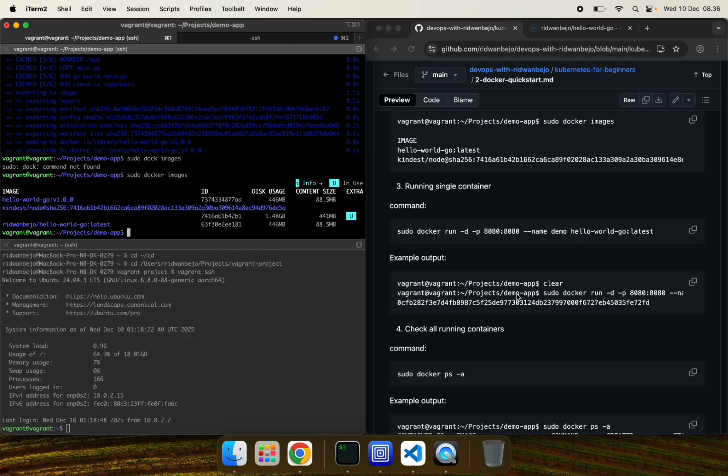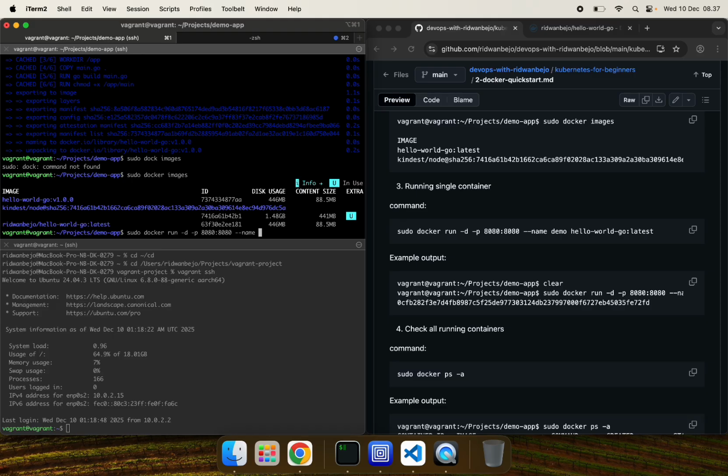But before we push the image, how can we run the Docker image into a container? Here there is a basic command called docker run, which means we can run the Docker container as a daemon on port 8080 mapped to host port 8080 also.